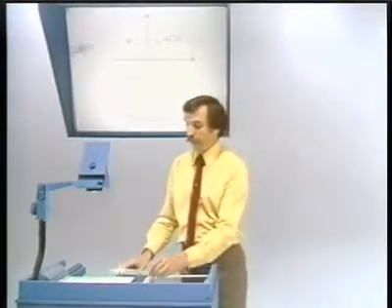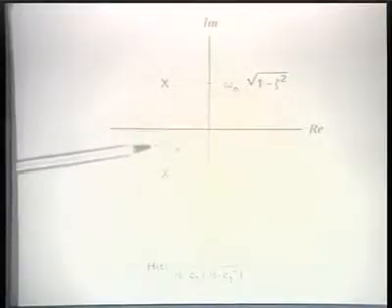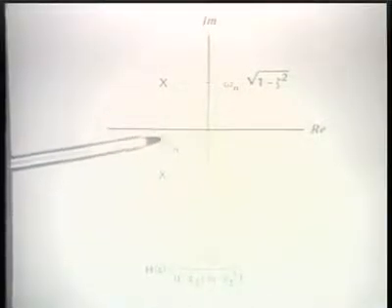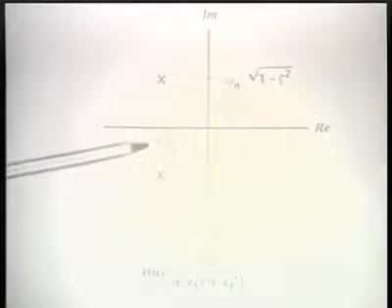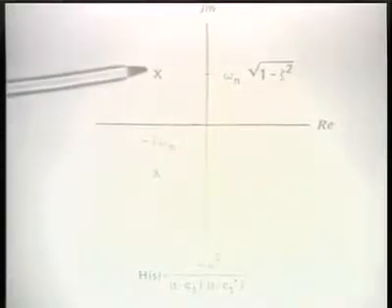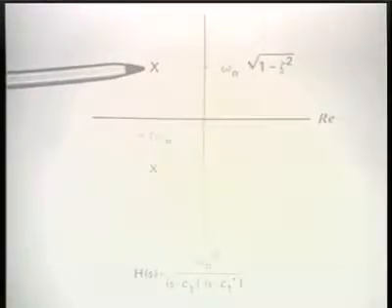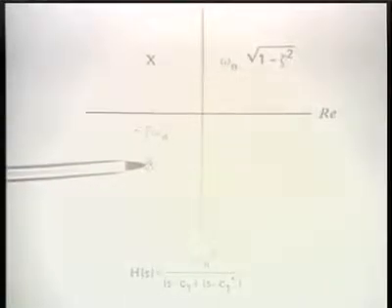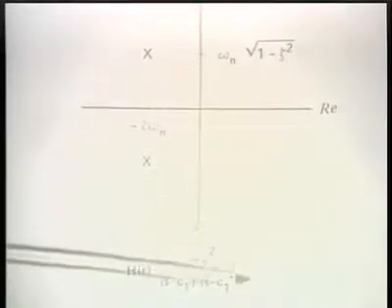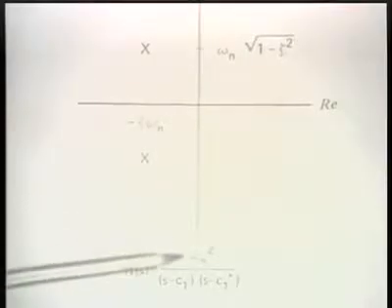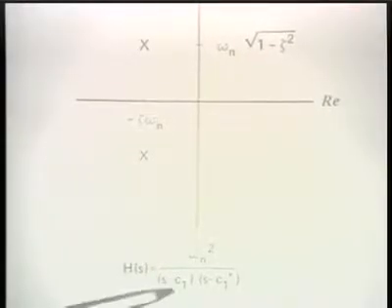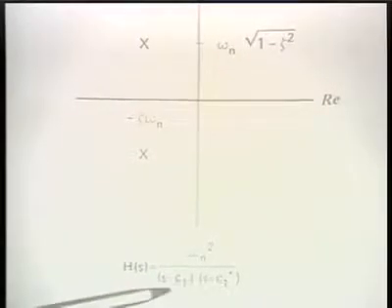Well, let's examine the frequency response a little more carefully. What I'm assuming in the discussion is that, first of all, the poles are in the left half plane, corresponding to zeta omega sub n being positive, so minus that is negative. And furthermore, I'm assuming that the poles are complex. In that case, the algebraic expression for the system function is omega sub n squared in the numerator and two poles in the denominator, which are complex conjugates.